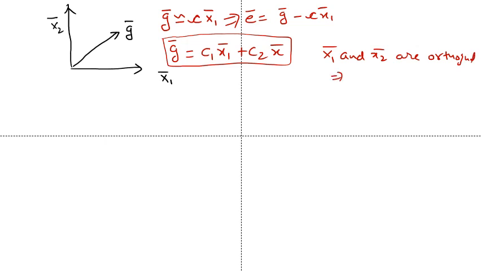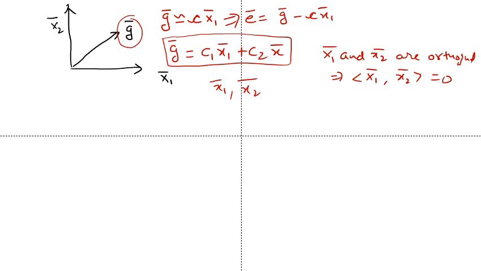Okay, what does orthogonal mean? That's x1 bar and x2 bar. So the inner product between the two is 0, or the dot product between the two is 0. So it implies that if we represent a two-dimensional vector with two orthogonal vectors, then there is no error. Here g is a two-dimensional vector, and we have represented it in terms of two orthogonal vectors, x1 and x2, so there is no error. Basically you can absolutely represent that.